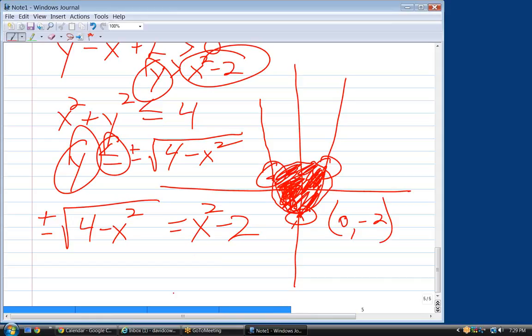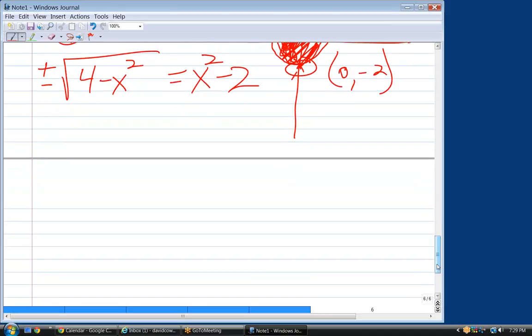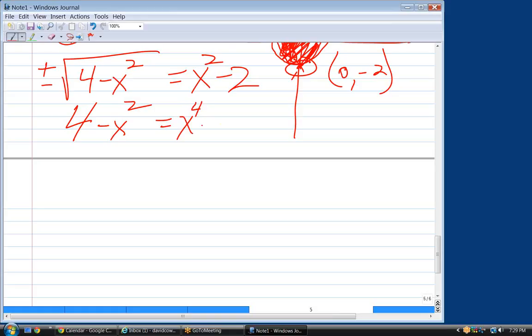I'm going to solve this equation now. Square both sides. When I square both sides, it basically takes out my plus or minus, leaves whatever I have left inside. And then this squared is x to the fourth. Square that quantity. X to the fourth minus,